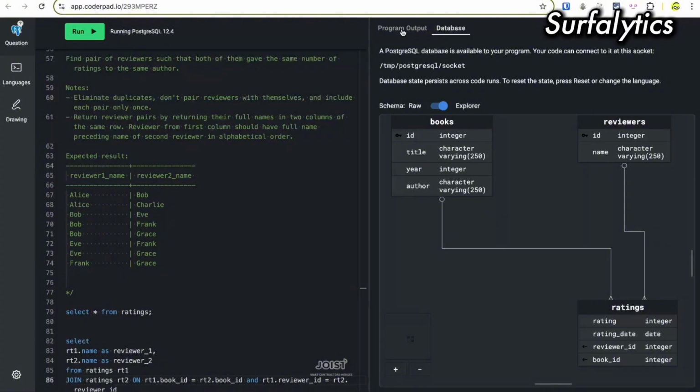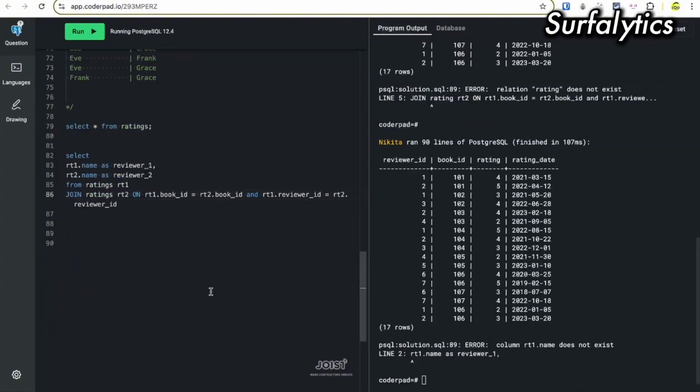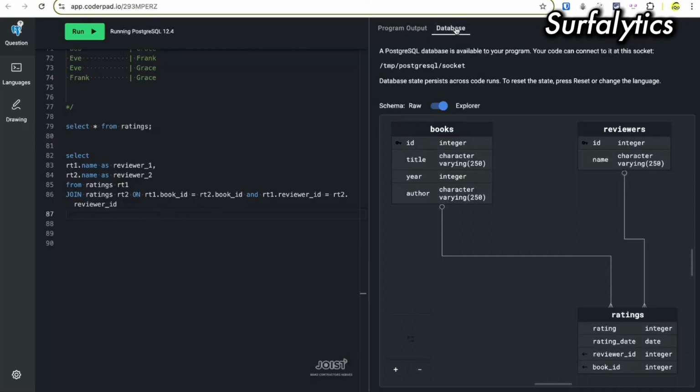I have the name in the reviews table, so I need to add the reviews table here because I don't have the name here.